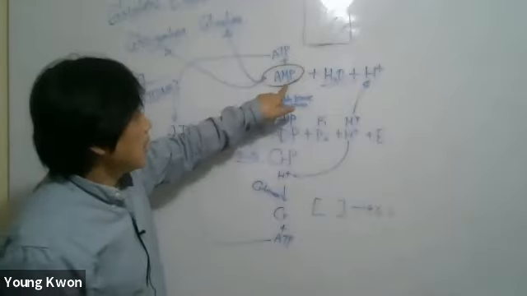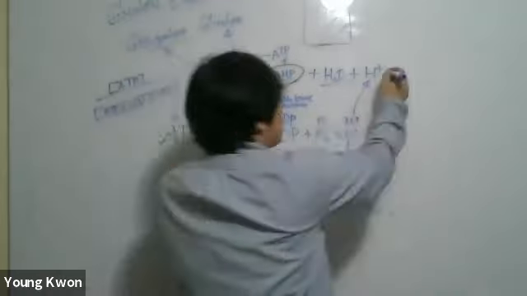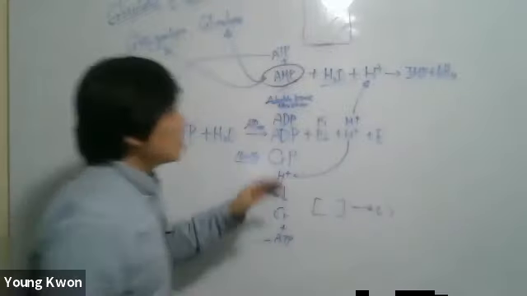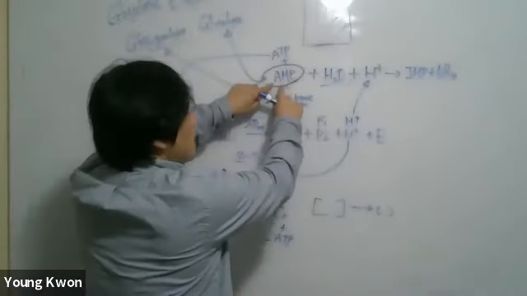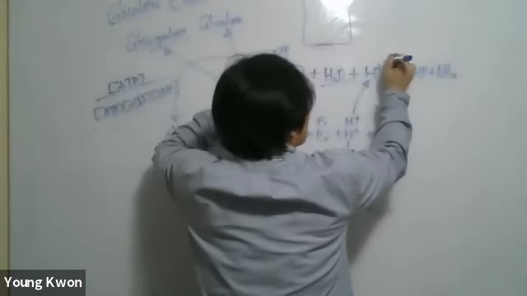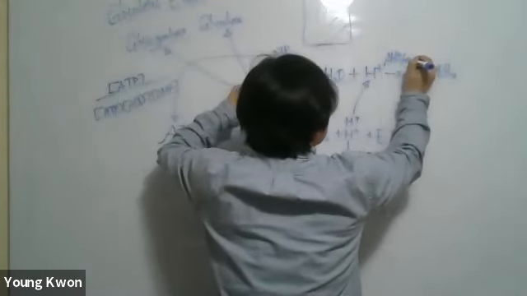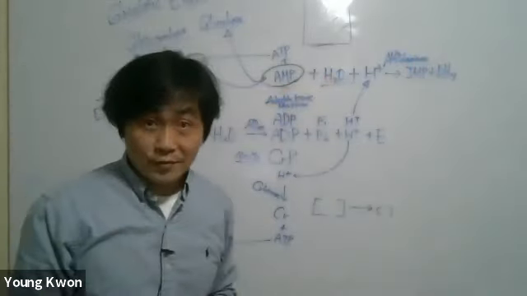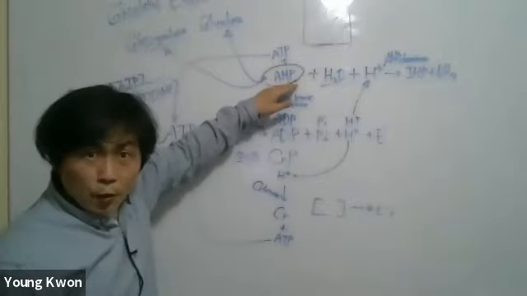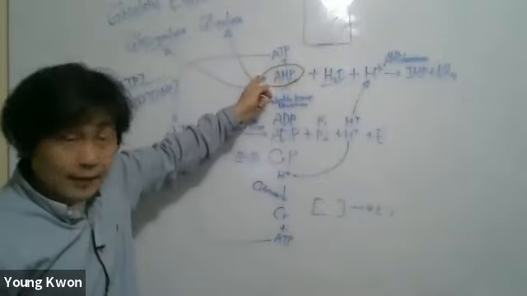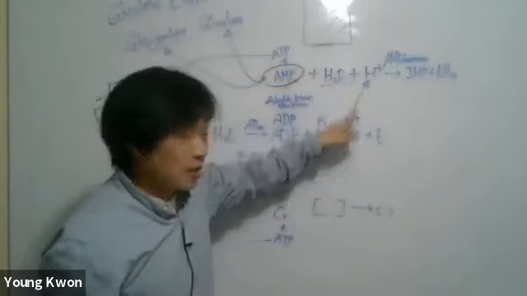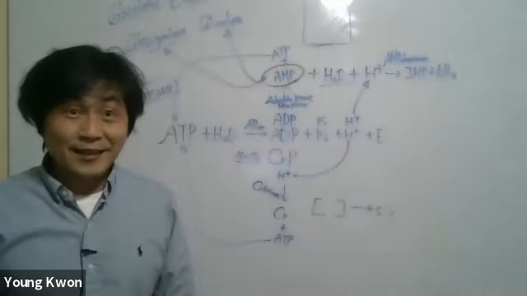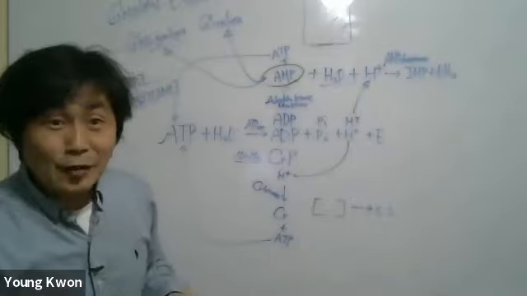So AMP, water and proton become IMP, and the other product is ammonia. And this reaction name is AMP deaminase, because AMP releases ammonia. So this is the enzyme name. If this is too small, please watch my PowerPoint. So AMP is important. After being activated with water and the proton here, it becomes IMP and ammonia. That's it. So there are some interesting things here.